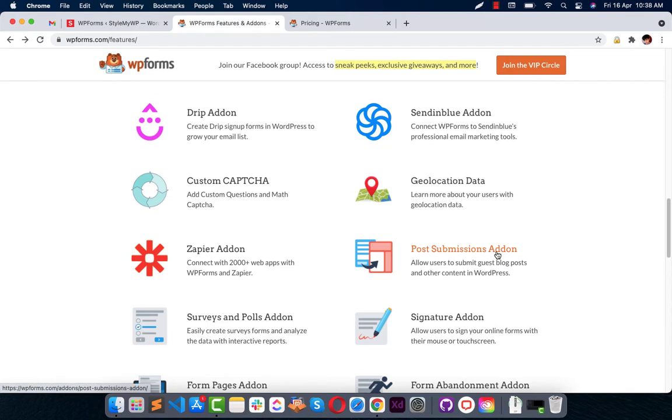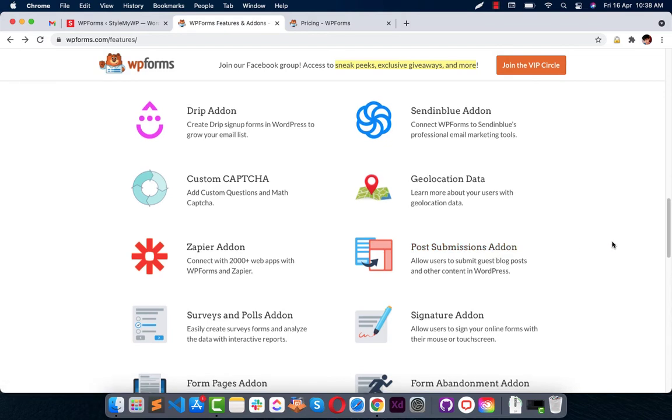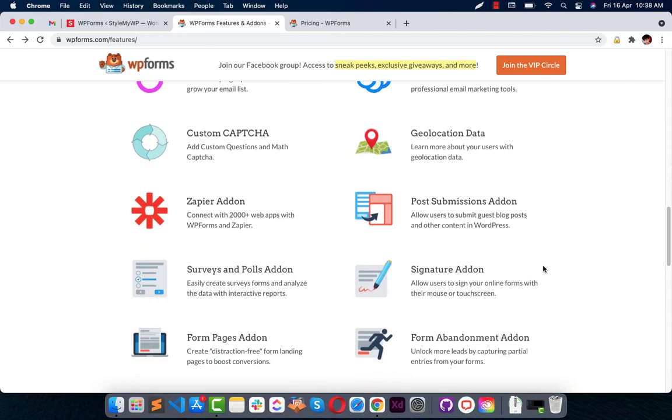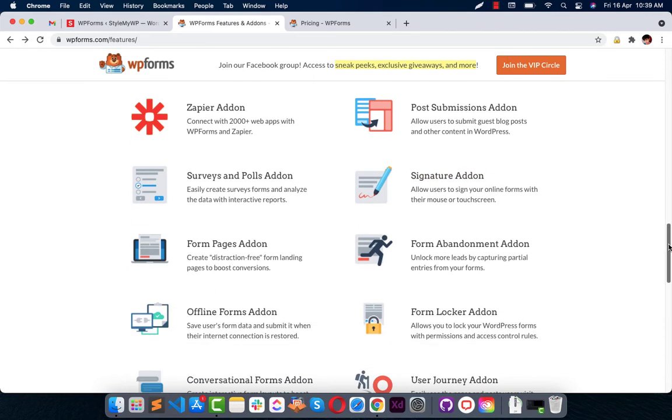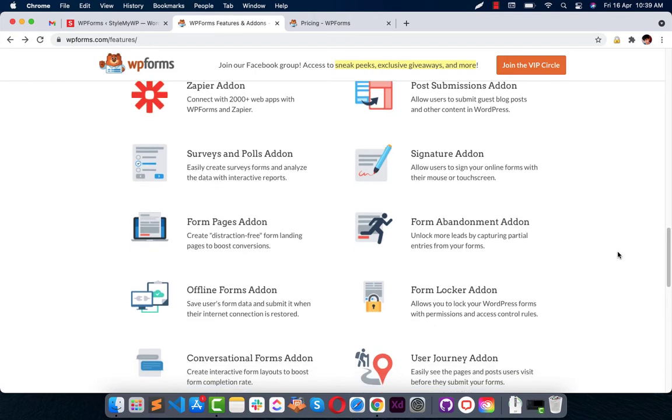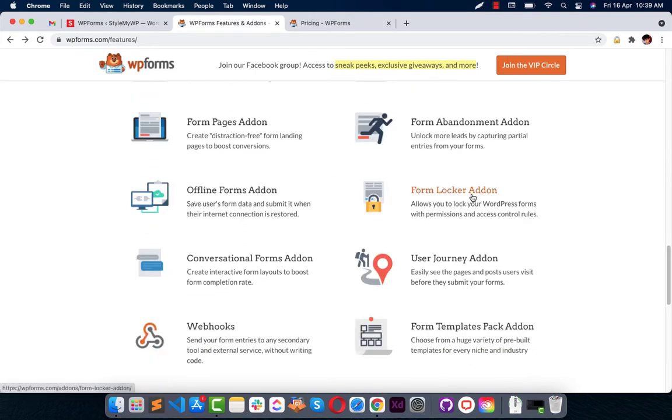The post submissions add-on is there to allow users to create posts from the front end, and there's also a signature add-on that's very trending these days. Form abandonment add-on to reduce the abandonment of your forms, and there's also form locker add-on, form pages add-on, and conversational forms add-on to create an interface layout to boost form completion rate.